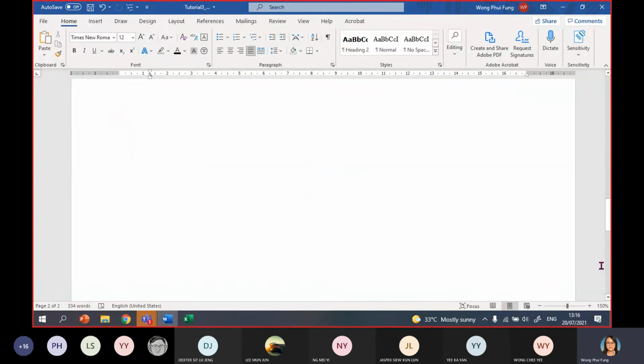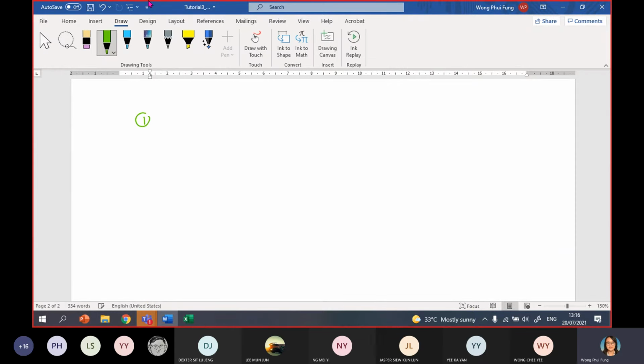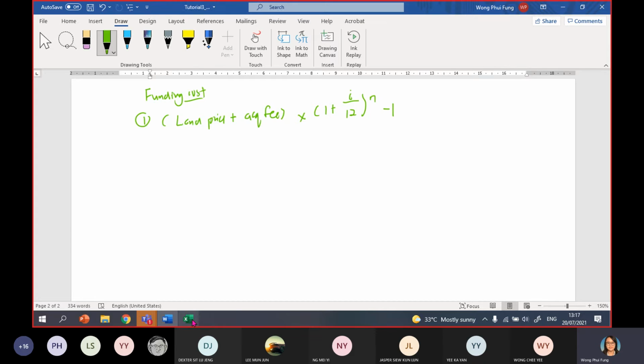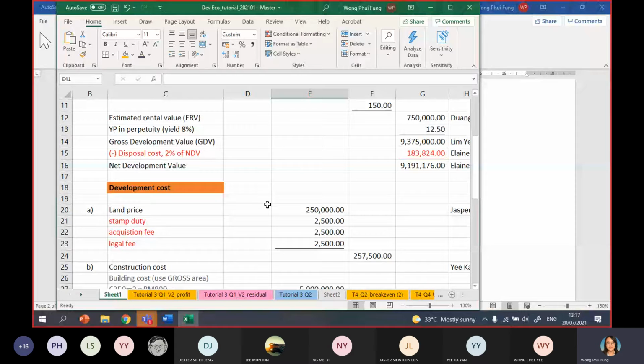So, first part is to calculate the funding cost, the interest rate incurred. The first one is you have to calculate for that piece of land. So remember, you should use the land price plus all the acquisition fee, times 1 plus i to the power of 12n minus 1. This one, a common mistake, you cannot use land cost only. If you refer to my answer, you should use this one,